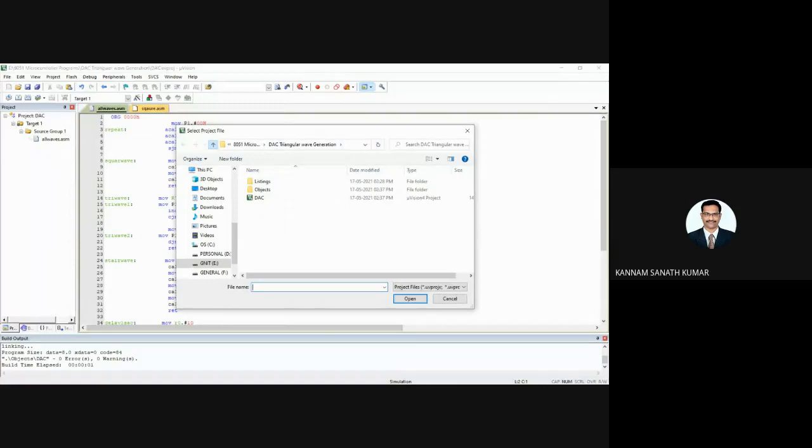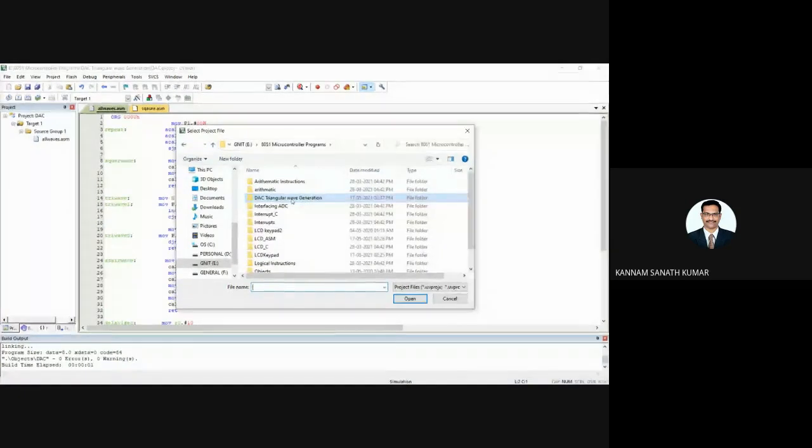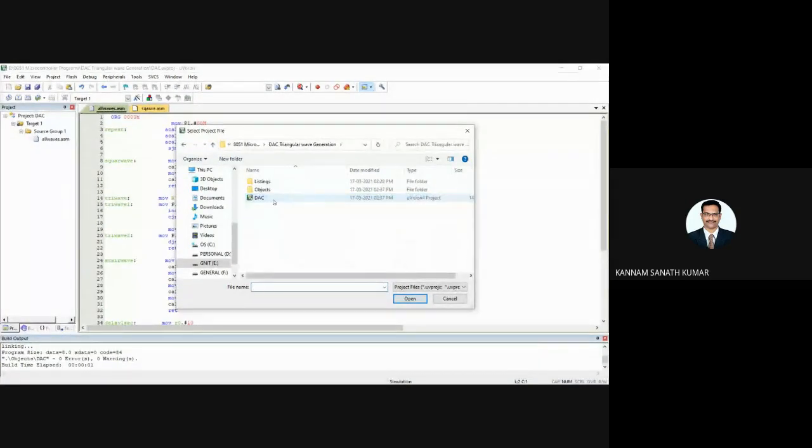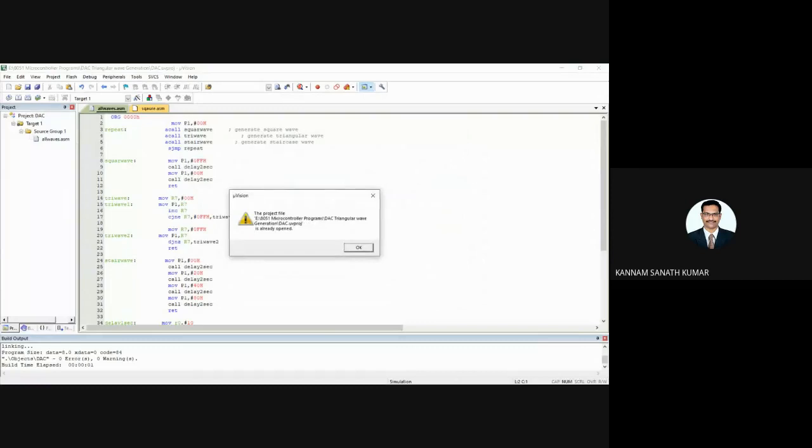Here I already created the project, DAC triangular wave interface. It's already opened. Once I close this, I will open the Keil microvision file. You can download it directly from Google.